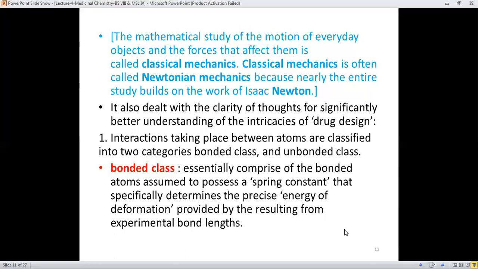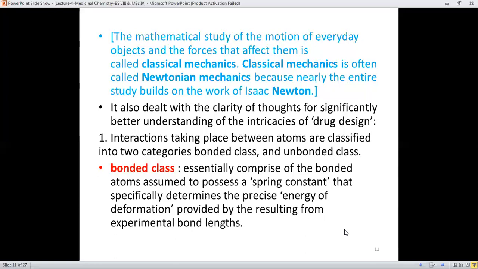It means that when you are going to discuss bonded atoms in the molecule, two things are important: the distance or bond length between the bonded atoms, and the bond angle which they make about a certain atom. Like if there are three atoms, there must be some central atom and the two atoms must be bonded at the ends. It means the bond angle will be about the central atom.